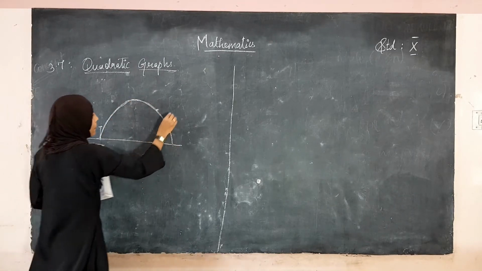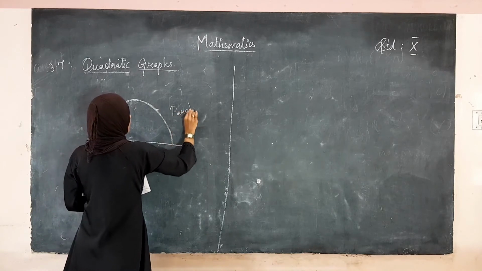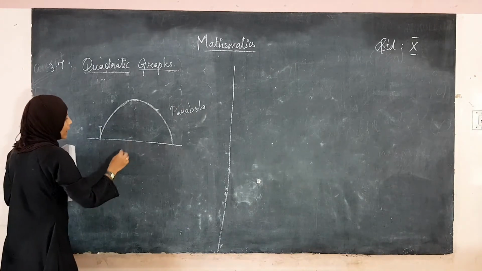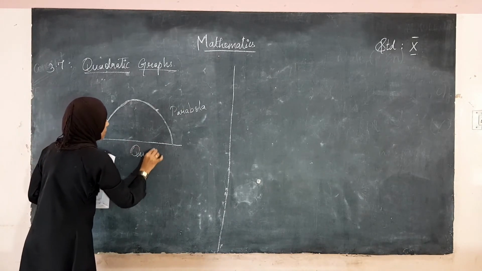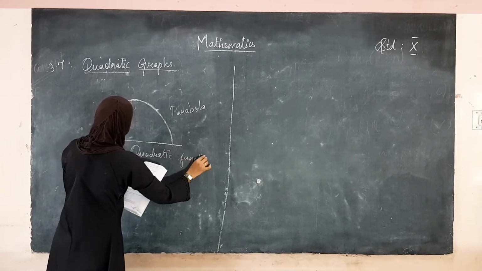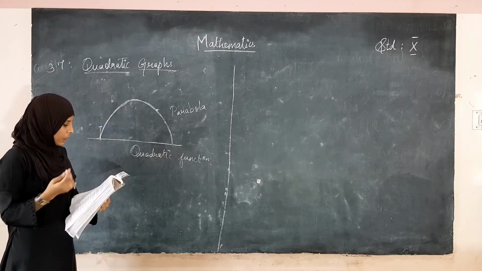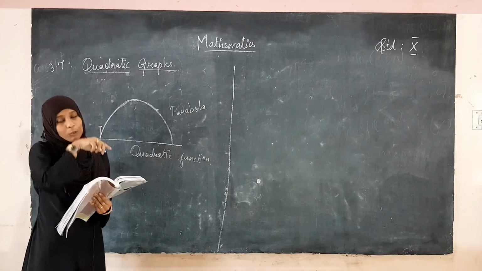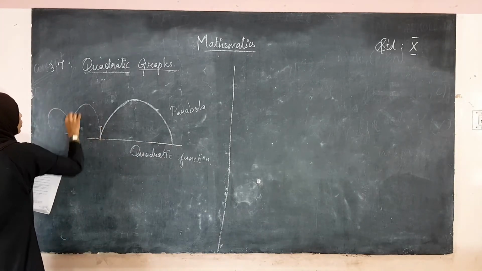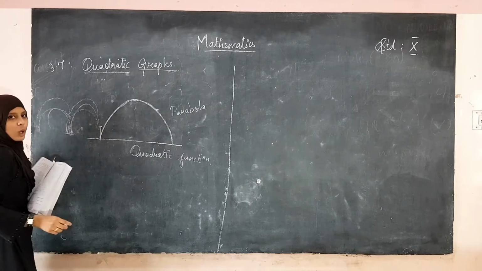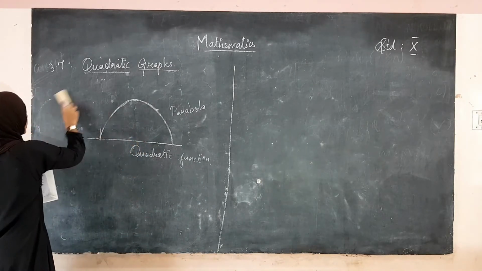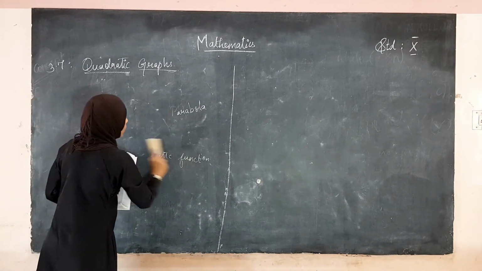This is called the parabola. The parabola is representing a quadratic function, not only for a ball. In your book they have also given an example like the trajectory of water jets in the parks. So with water jets, what happens? The water moves like this. This is also called the parabola.